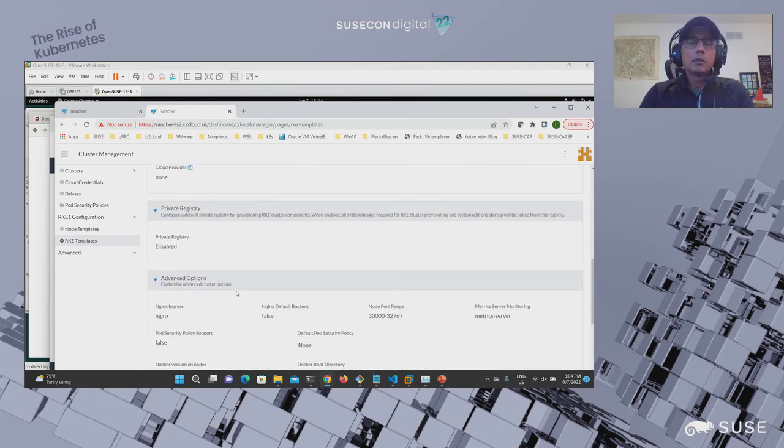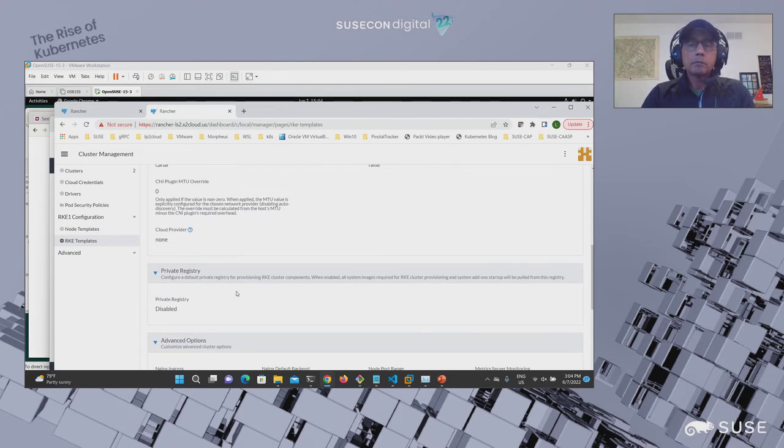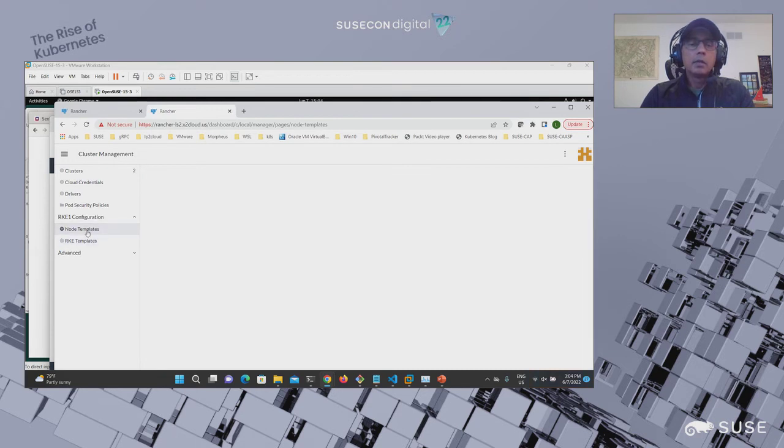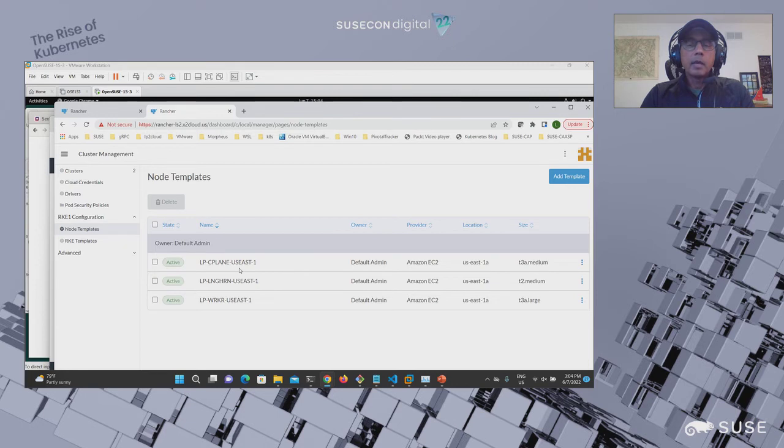So this is a way Rancher can help you templatize creating your clusters, and then you can also templatize the granularity of your cluster based on your requirements from a capacity standpoint. So I have separate node templates for my control plane, for the Longhorn nodes that I'm running for the distributed block storage across different AZs, and my worker nodes where the actual DLTs are going to run.